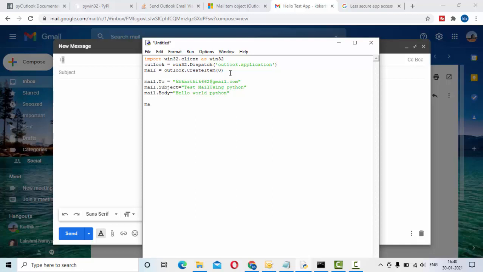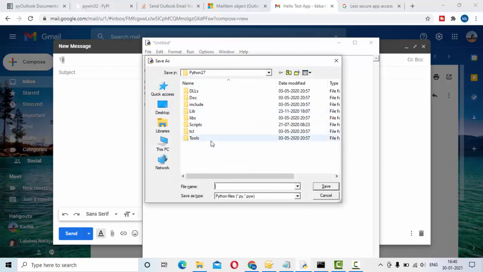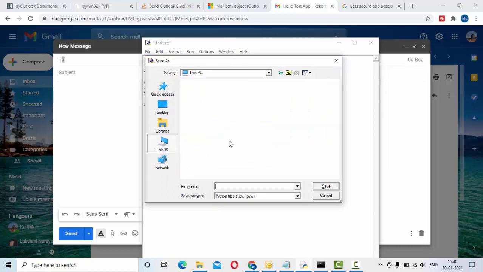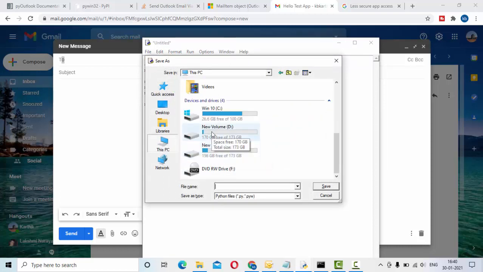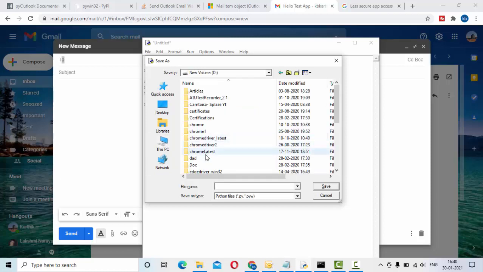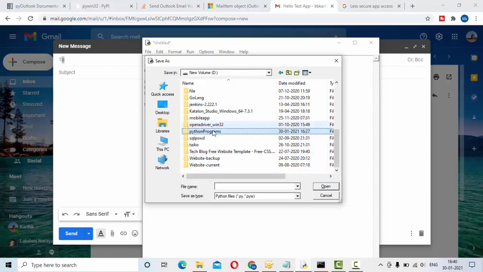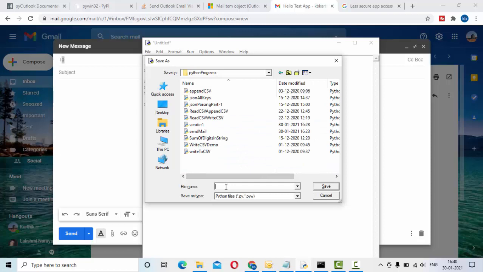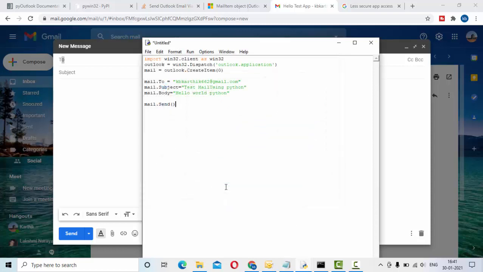Then it's like I have typed my subject and my body, then I click on send. So similarly I use this one, send. Okay, then save this. So let me save it. Send mail demo is my application.